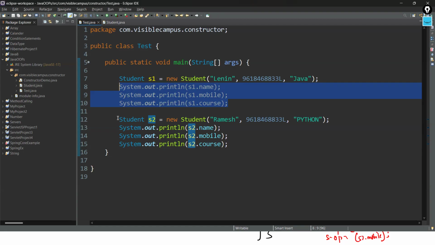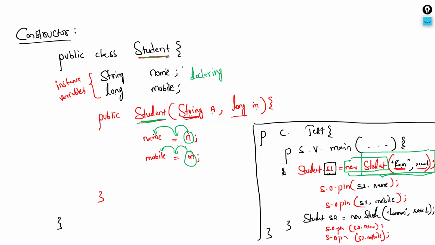Instead of writing 300 lines of code, if we write 3 lines only, will it be good? Yes or no? Yes. So therefore, to avoid the printing for each student 3 times, we can have an alternative for this. I'm only talking about printing. Instead of printing this way, what we can do is inside this